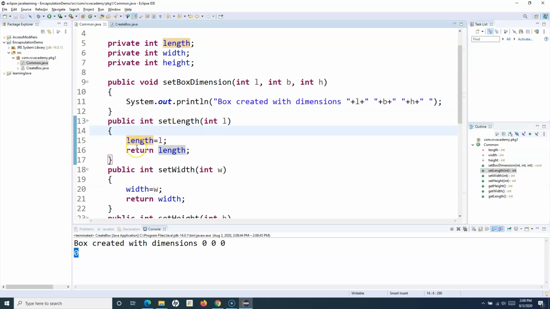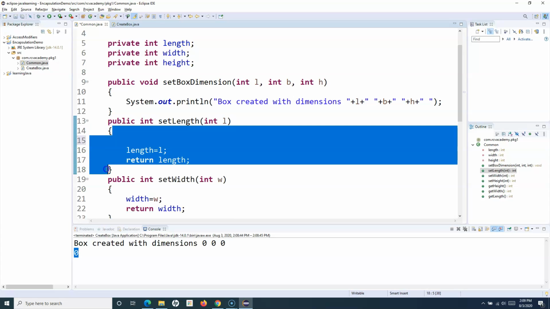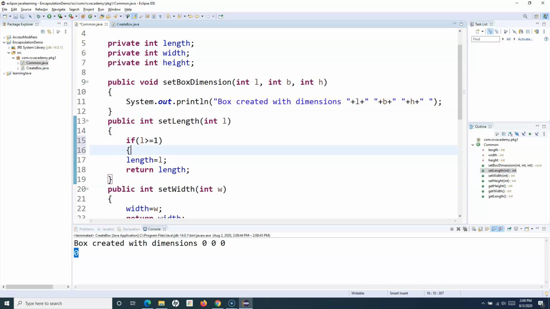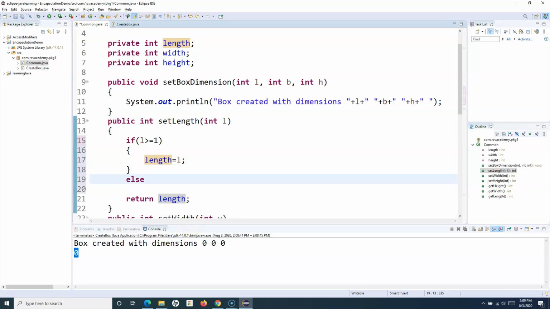So I can write a simple if statement within this set length method. If L is greater than or equal to 1, only then I want to assign the value provided by the end user to length, and otherwise I want to